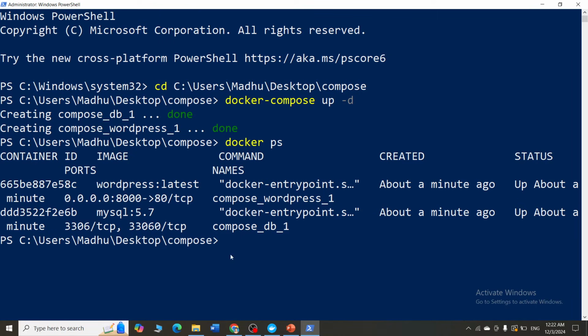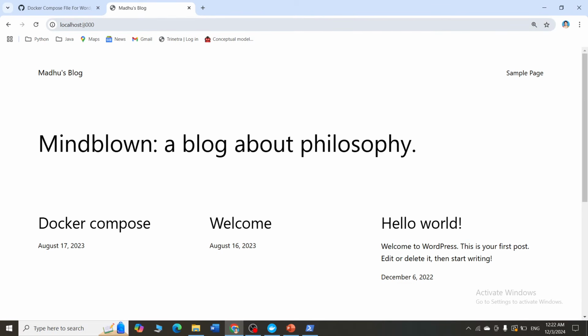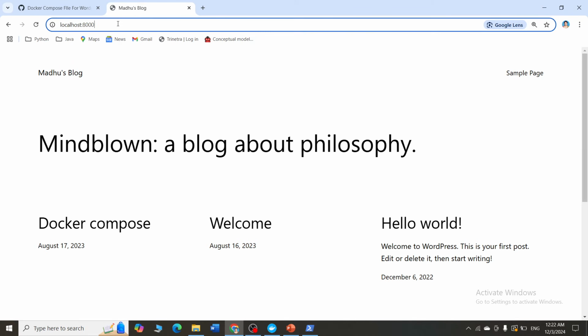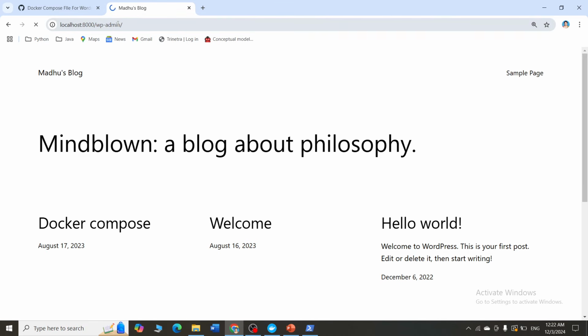Okay. So if I want to know if the containers are actually running in the background or not, just type docker ps. Now you can see that the containers are running. So if I go to my browser and type localhost 8000, you can get the website of your WordPress. Since I have already logged in and all, this is how my page is getting. So if you want to see, I will just show you how it is going to look like. So for most of you, you should get the home page of your WordPress. So if you get the home page of your WordPress, that means the application is successfully running.